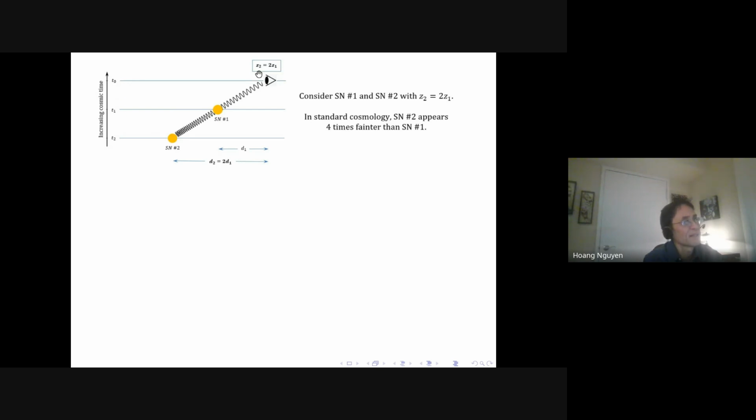So therefore the supernova 1 and 2 have the relationship. So let's say that the redshift for Z2 is 2 times the redshift for Z1. Okay. And in standard cosmology, the supernova 2 is twice as far as supernova 1. And so therefore they appear 4 times fainter. However,